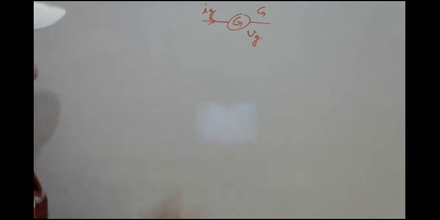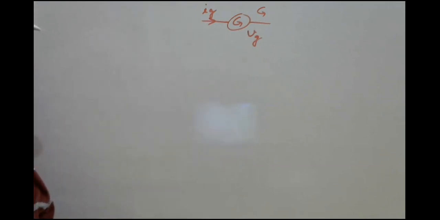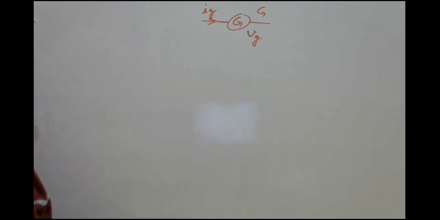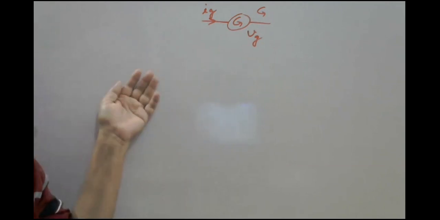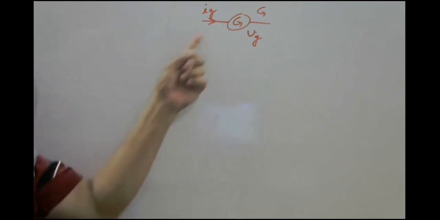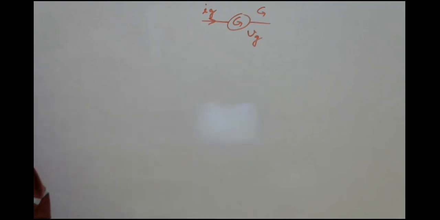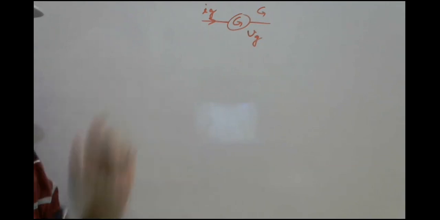So can we measure with the same galvanometer a very large current of the order of 1 ampere, 10 ampere, 100 ampere, or measure 200, 500 volt? But there is no ammeter and voltmeter as such. An ammeter is actually a converted galvanometer. So it is very important now to learn how to convert this galvanometer into an ammeter and voltmeter.